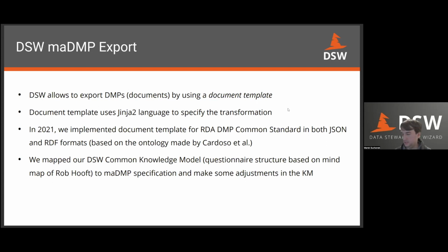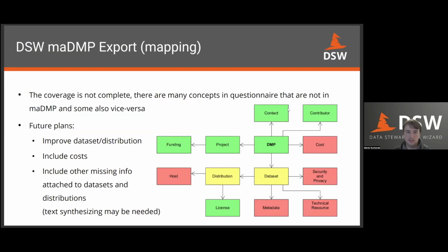So those were the adjustments, and still the coverage is not complete. There are some things that we may want to continue work on, but basically you can see it on the figure that the green boxes are covered completely, yellow boxes partly, and red boxes we don't have at all or very limited. But those boxes are actually optional, as Tomasz again mentioned. Not everything is mandatory, most things are optional, and these are optional. So outputs using this export are compliant to this JSON schema, to the standard.